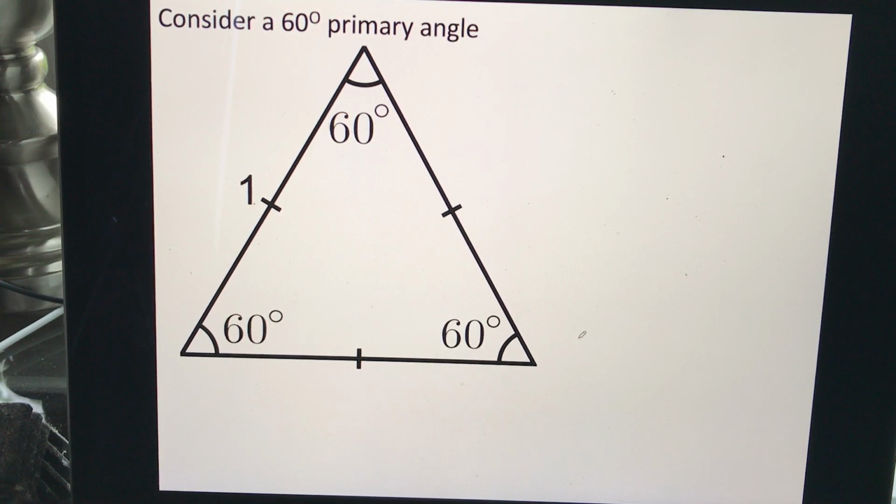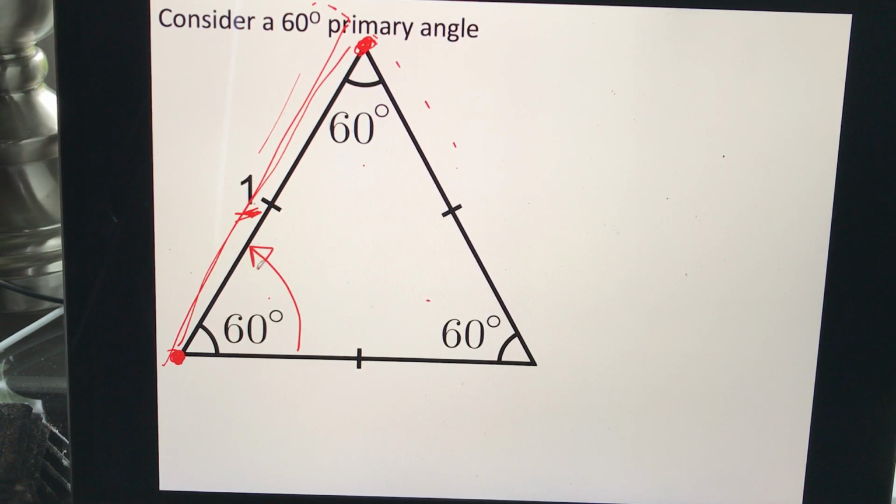Now, one more triangle. The unit circle isn't just about 45-degree triangles. We want to use 60-degree triangles as well. So I'm going to build an equilateral triangle, 60, 60, 60, okay? I'm going to make the length of one side 1. It has to be 1 again, so it fits on my unit circle. So I'm going to put this corner down here at the origin, and this point up here is going to be sitting on my circle again, right? Because that's a length of 1. That's the radius of my circle. So that's at the origin. This is sitting on the edge of the circle. I have my opening here,